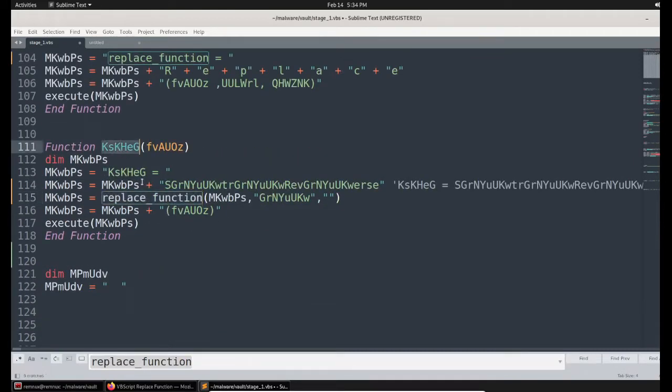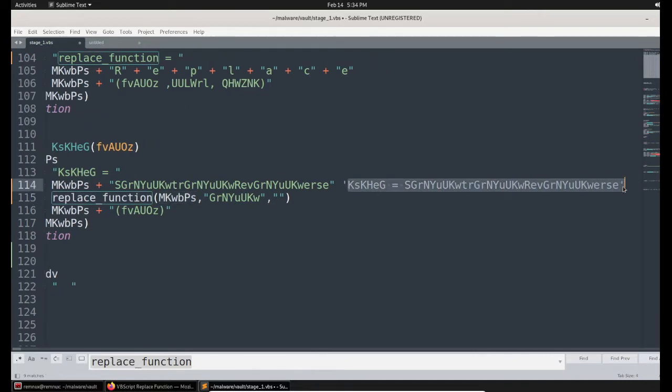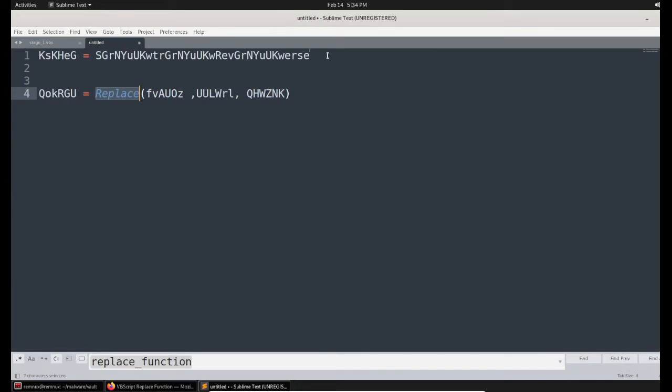Actually, it is called within the function. When we were trying to understand this function definition, we found this function call here, and we went to that function definition and found what sort of function it is. Now let's continue this. It's a replace function, and we have the value also, and the value is nothing but this one. We already have it in this sheet separately.